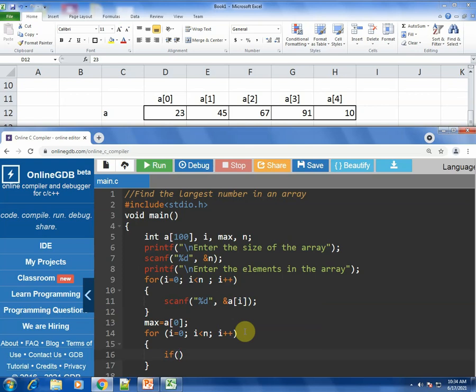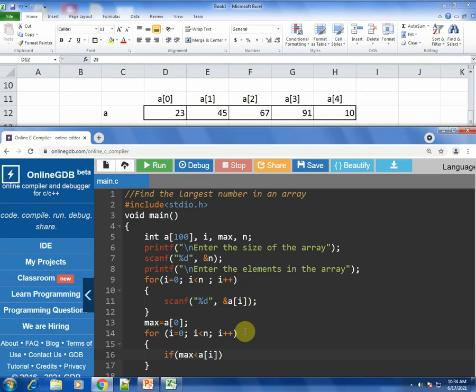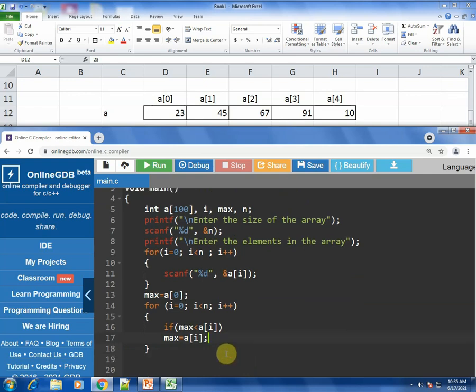If max, the maximum number, basically whatever is the max number, is less than a of i, then I will explain all this with an example. If right now you all are not understanding, you will understand it when I take an example. This would be the statement. I hope you all can see it.